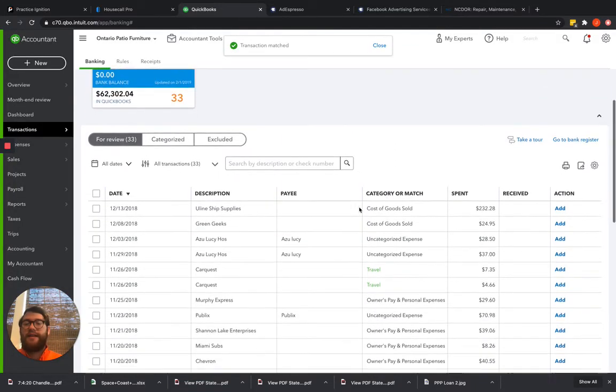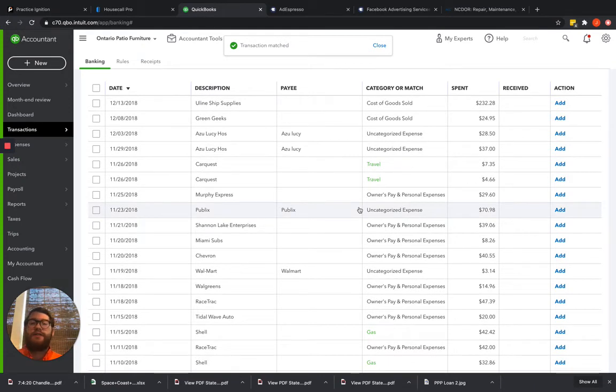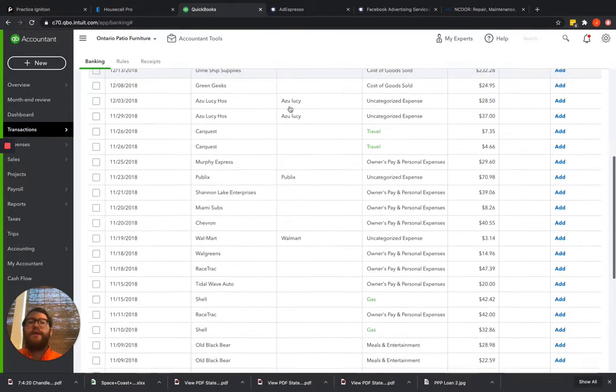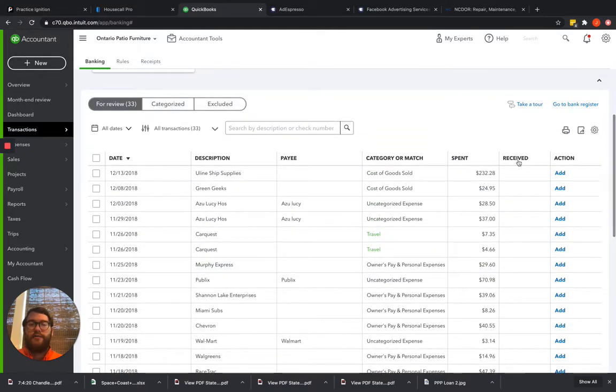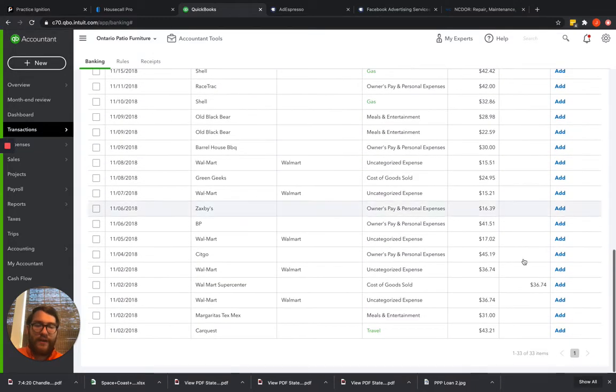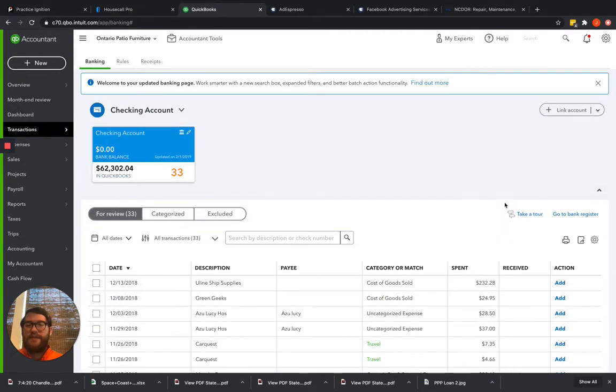So in saying that, with this page, what you always need to remember and what you always need to keep in mind is if you have entered a transaction, you have to match it. So that's going to go into this column here. Now, this isn't a perfect example account because I don't have many received transactions on this account here. However, if you are using any type of system to make sales and those sales are recorded in QuickBooks, i.e. you're using a third-party application like